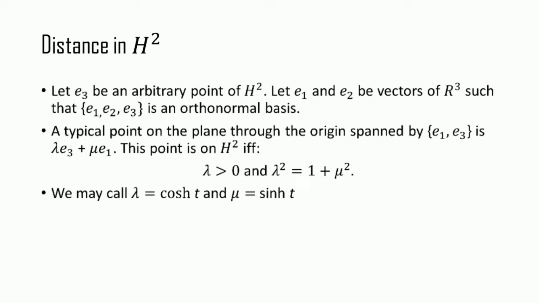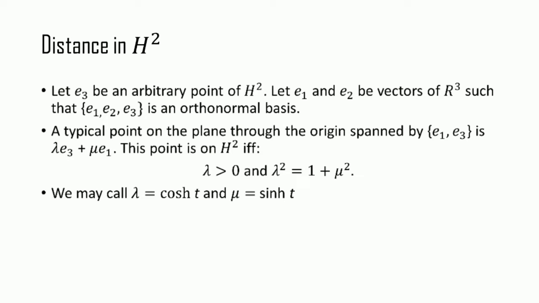Distance in H2. Let E sub 3 be an arbitrary point of H2. Let E sub 1 and E sub 2 be vectors of R3 such that the set E sub 1, E sub 2, and E sub 3 is an orthonormal basis. So a typical point on the plane through the origin spanned by the points E1, E3 is gamma E sub 3 plus mu E sub 1. This point is on H2 if and only if